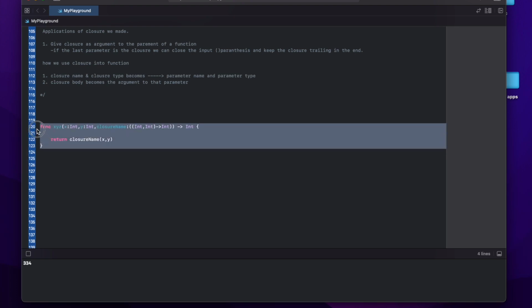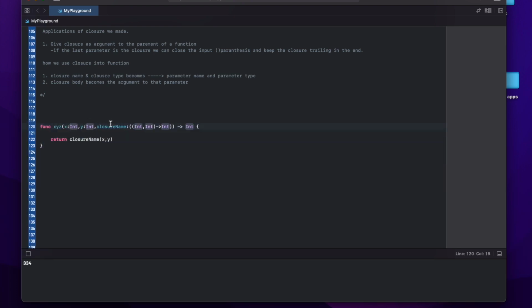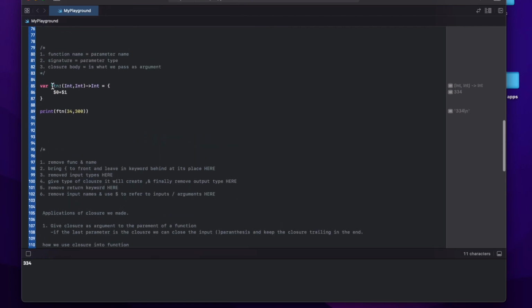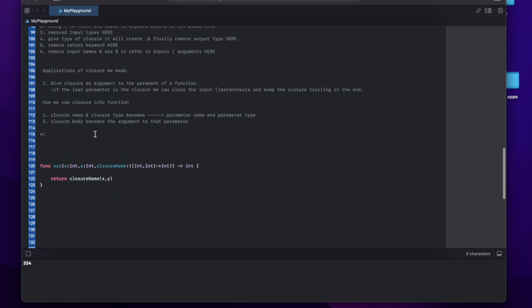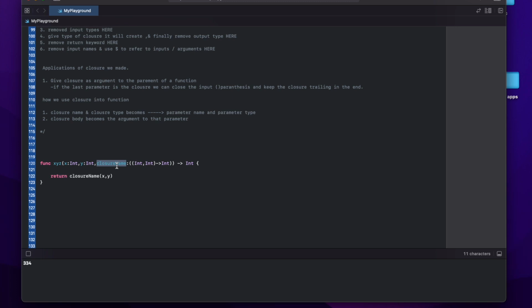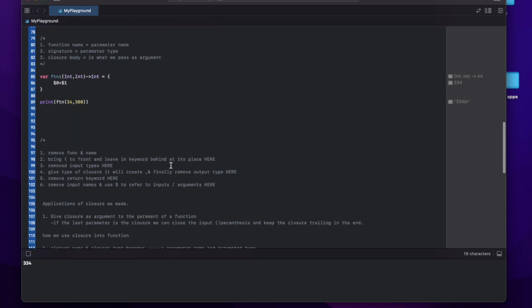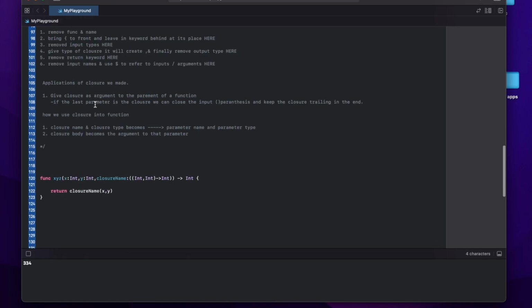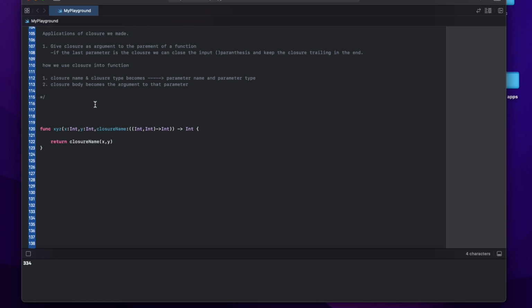This is just a simple function xyz taking two arguments, and it is taking a closure. So this parameter is the parameter of this function to which we are going to pass a closure. Let's say this is the closure name, as we learned here: closure name, signature, and body. Only three things. Parameter name becomes the closure name, and parameter type becomes the closure type. Now what is left? Function name, signature, only the body is left. So we pass the body when we are calling this function